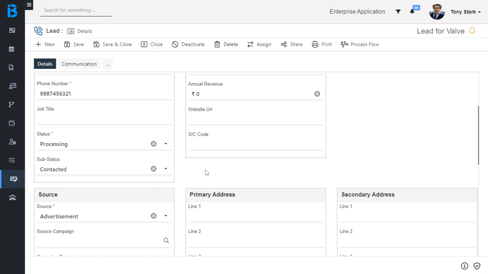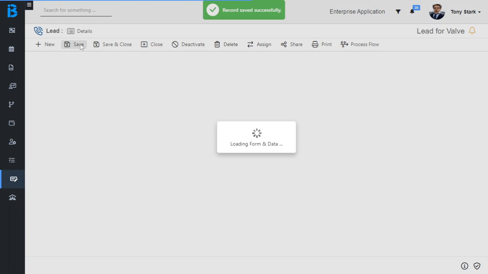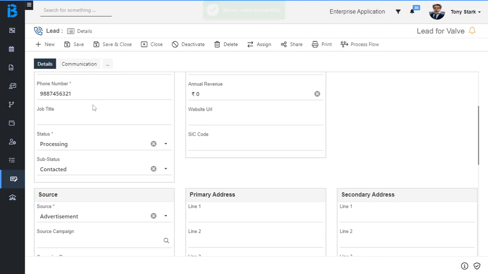After selecting the status and substatus, click on save button to save this record.